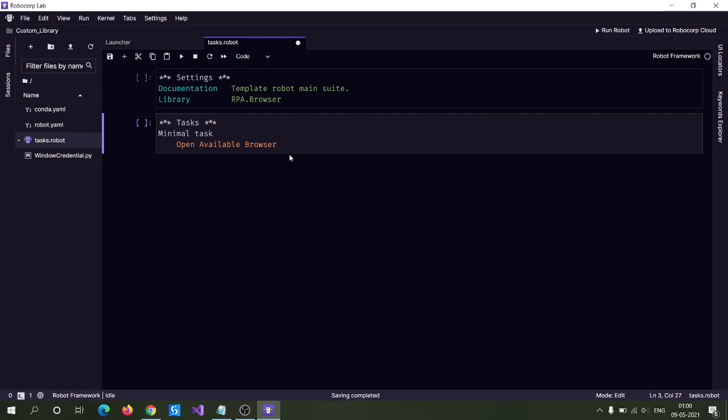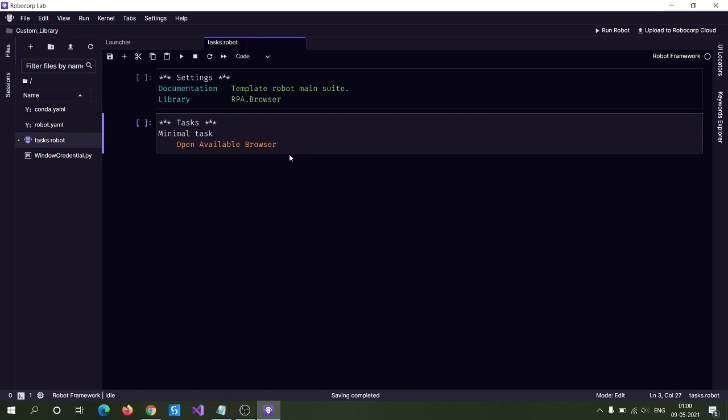For example, you developed a machine learning Python code and you want to invoke it in Robocorp for an intelligent automation use case. In that case, you can utilize this custom library approach, where you write your Python code in a particular Python file and then invoke it here.